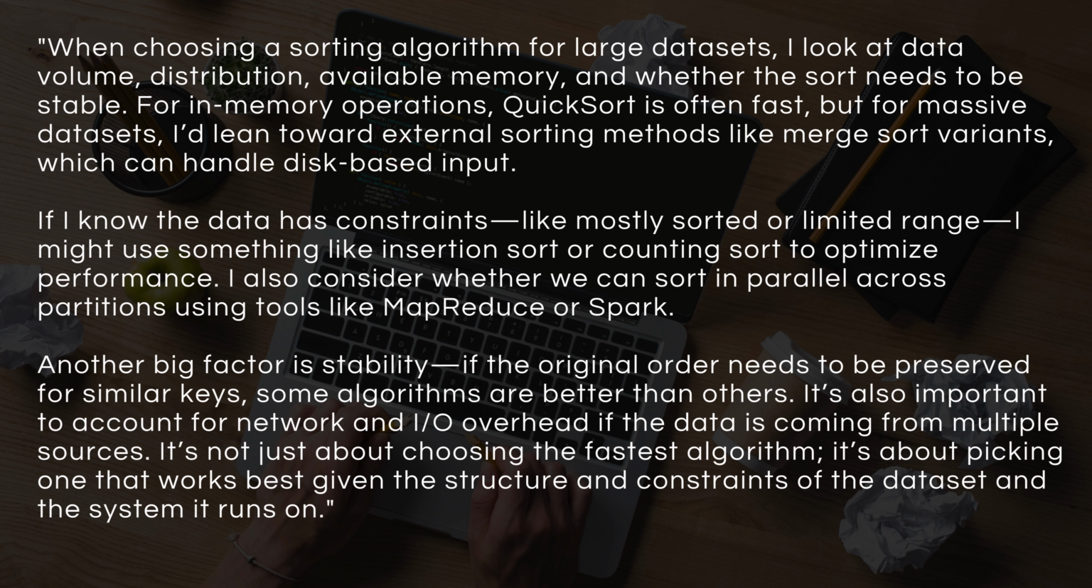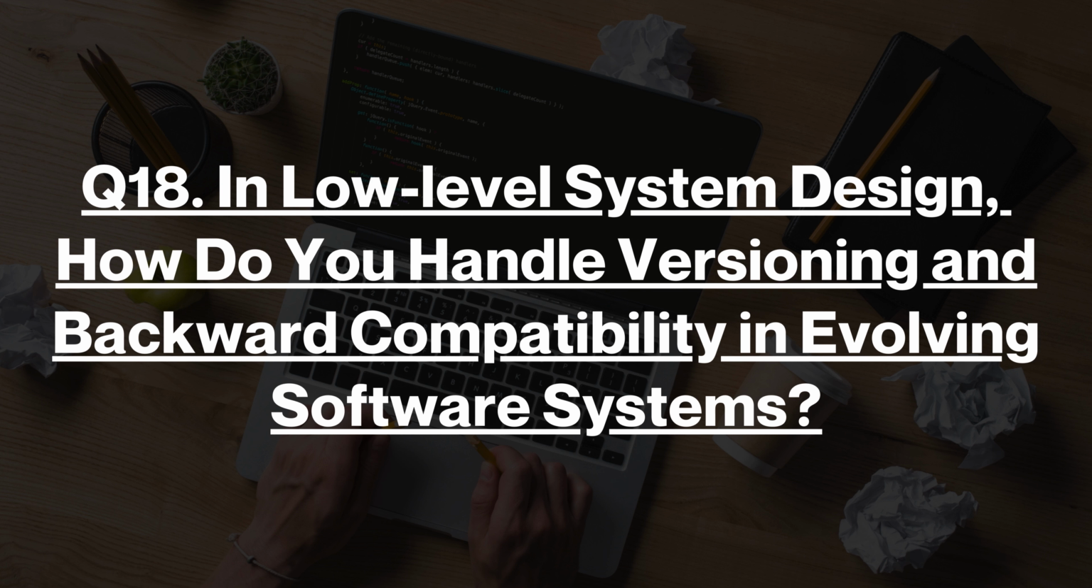I also consider whether we can sort in parallel across partitions using tools like MapReduce or Spark. Another big factor is stability. If the original order needs to be preserved for similar keys, some algorithms are better than others. It's also important to account for network and I/O overhead if the data is coming from multiple sources. It's not just about choosing the fastest algorithm, it's about picking one that works best given the structure and constraints of the dataset and the system it runs on. Question number 18. In low-level system design,